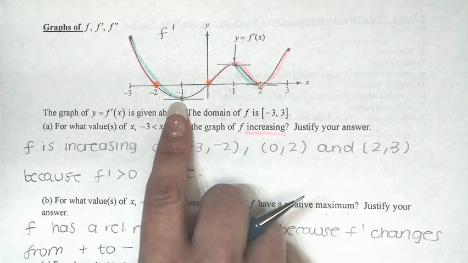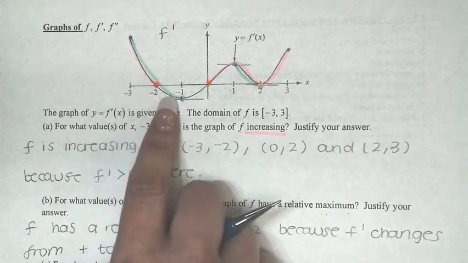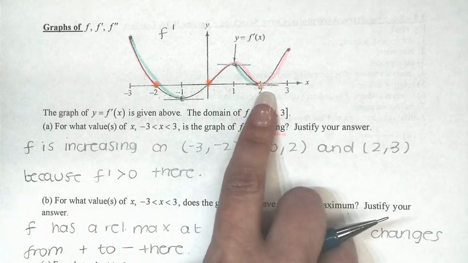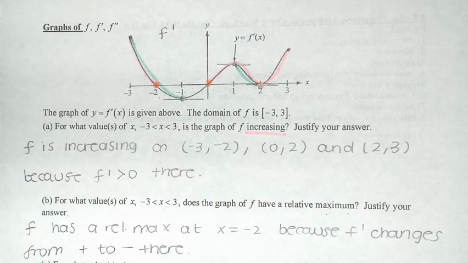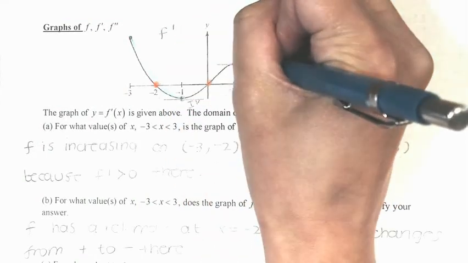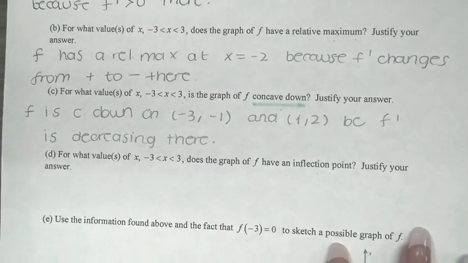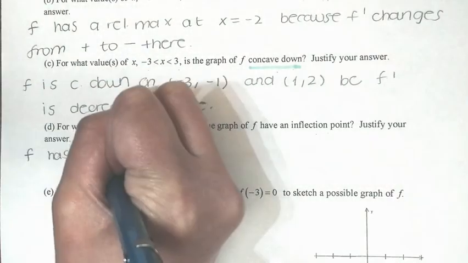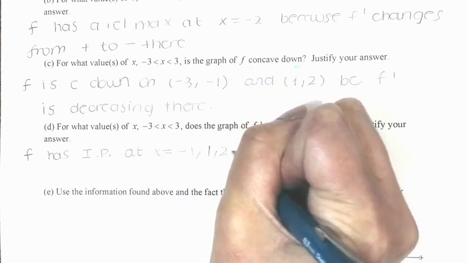So here we have horizontal tangent lines here, here, and here. In addition to that, you see that at x equals -1, f prime is changing from decreasing to increasing, and here it is changing from increasing to decreasing, and over here changing from decreasing to increasing. So the 3 points are going to be inflection points in this situation. This is an inflection point, this is also an inflection point, and this one as well. So we can say that f has inflection points at x equals -1, 1, and 2,